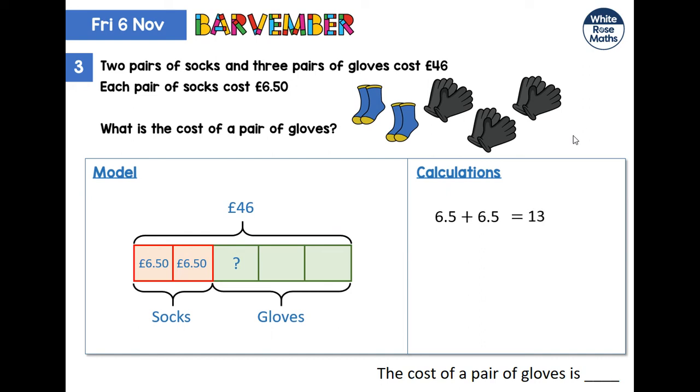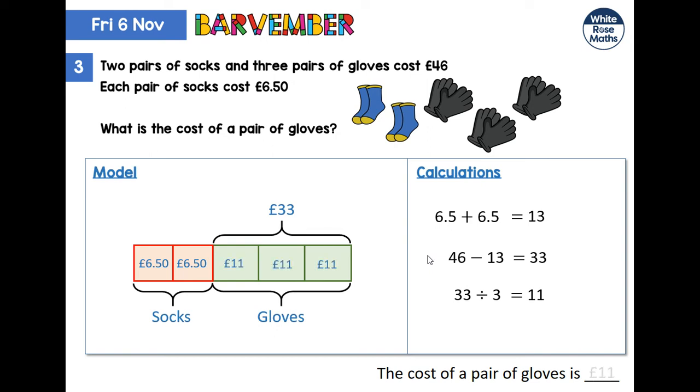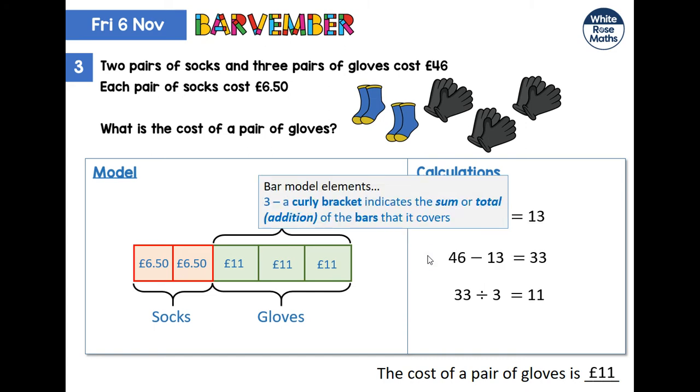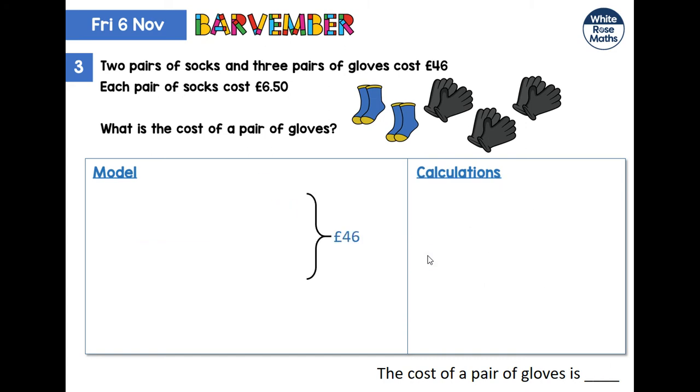So first things first, we're going to say, look, if 46 is all of this lot, then let's get rid of our 2 pairs of socks, which add up to 13. And that's going to tell me that my 3 pairs of gloves total £33. They're equal parts. So I can do a division calculation, divide by 3, and there we are. I know what each pair of gloves is. Now, let's see what that looks like with